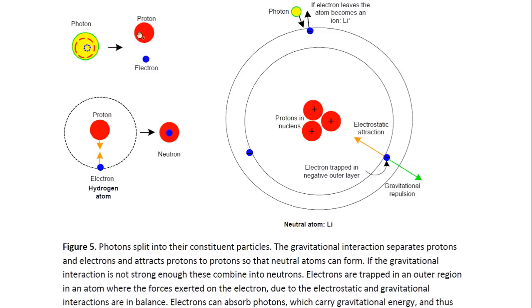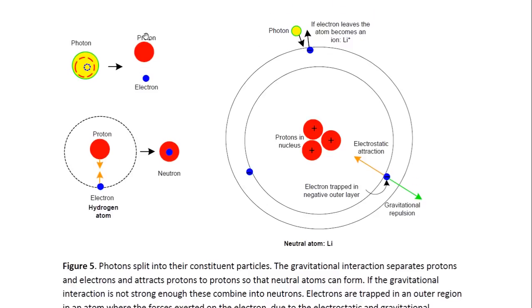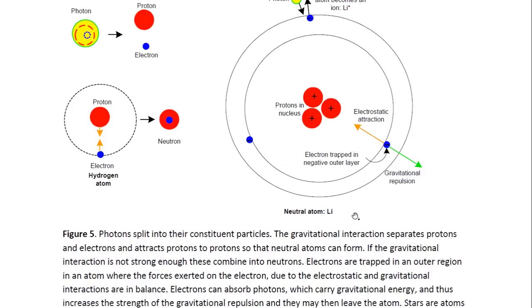And heavier nuclei just have more than one proton in the nucleus, and they can have over 100 protons in the nucleus. And in fact, all the atoms that can form are, well, we know there are so many because we have the periodic table. And so all of these nuclei that we see in the periodic table will be able to form due to the interaction between protons. And so here we see the lithium atom, which is made up of 3 protons and